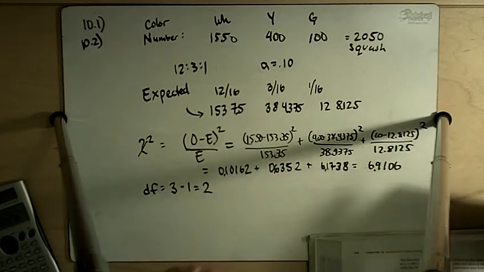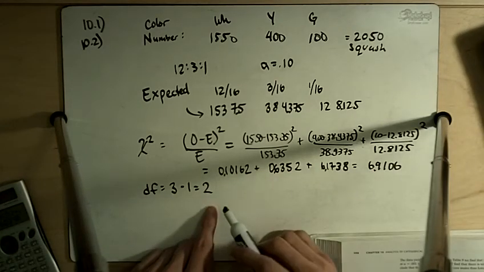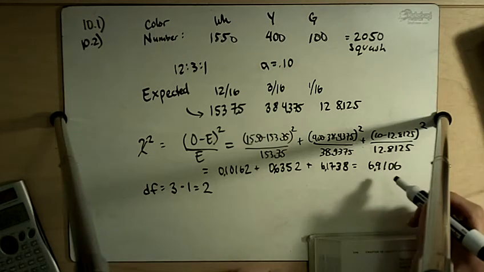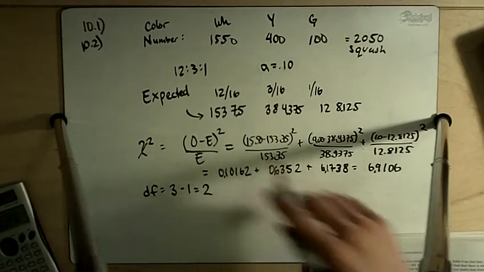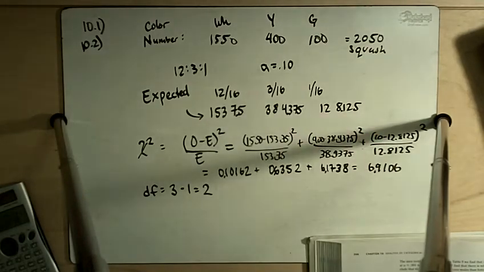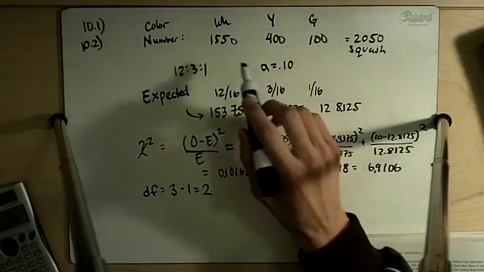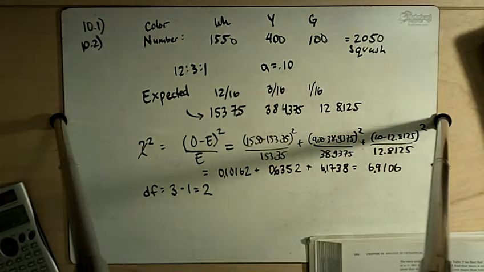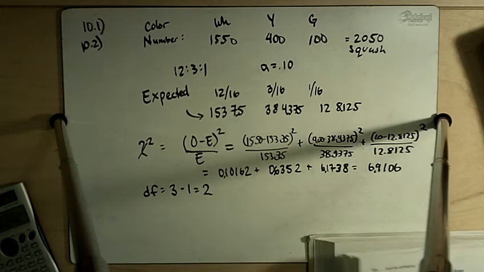so we still have 2 degrees of freedom. Our new chi-squared statistic is 6.916. Okay, and you can redo the math yourself and see for yourself, but you will get the same number. The observed got 10 times bigger, and the expected numbers got 10 times bigger. And so when we look up 6.916 under 2 degrees of freedom, we see that